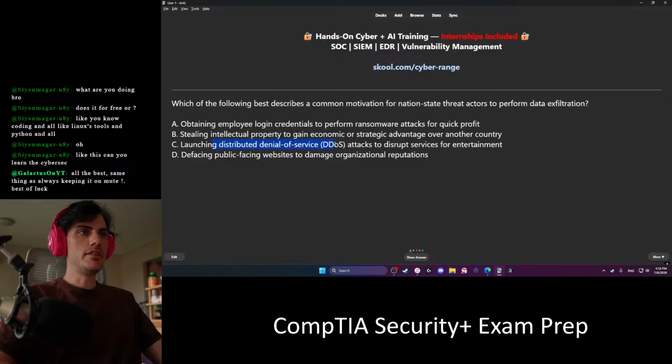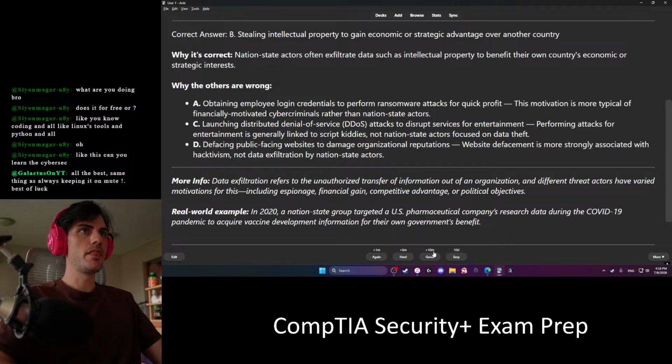Launching distributed denial of service attacks to disrupt services for entertainment. Defacing public-facing websites for damage. Obtain employee login credentials? No. Stealing intellectual property to gain economic or strategic advantage over another country? B. Oh, definitely.